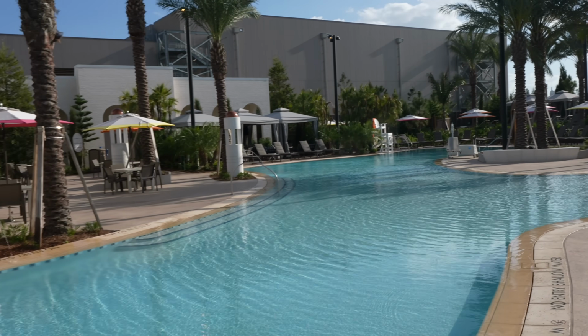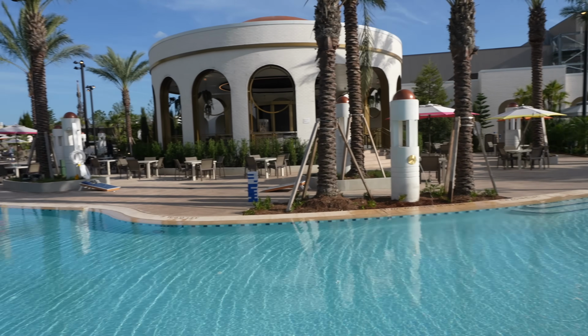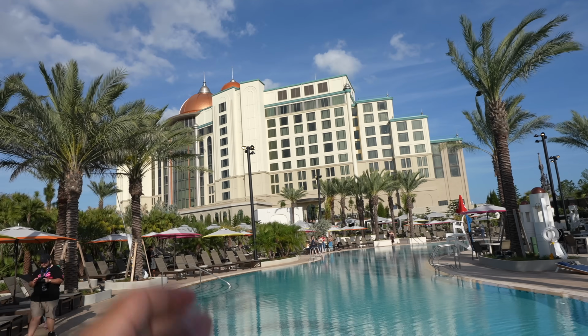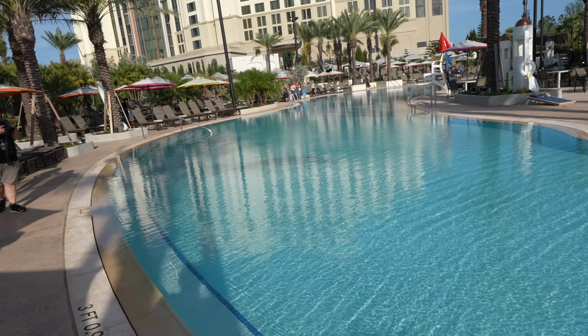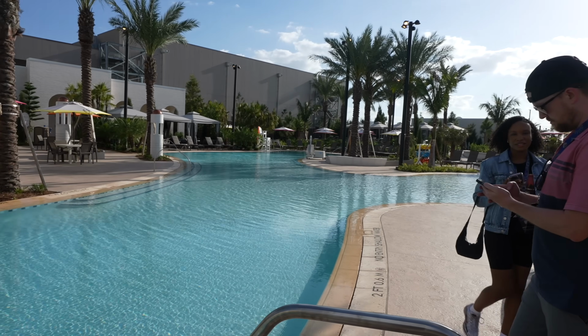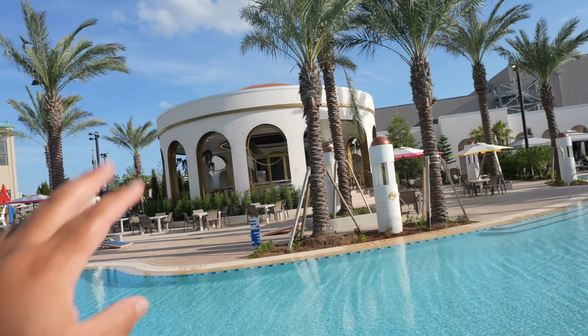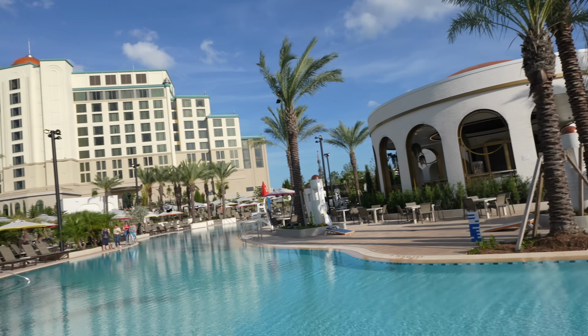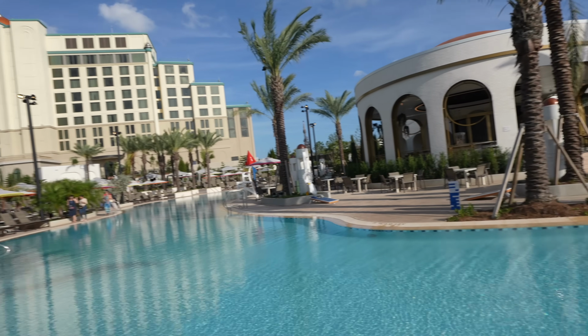And here we are, guys. Check out the pool. This thing is huge. It's a nice long pool. You can see it leads up to the hotel over here. There's some steps over here. There's a ladder right there. I think there's zero entry on the other side as well. And then we have a bar across the way where you can get all of your alcoholic beverages or other